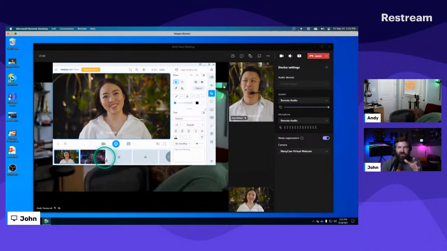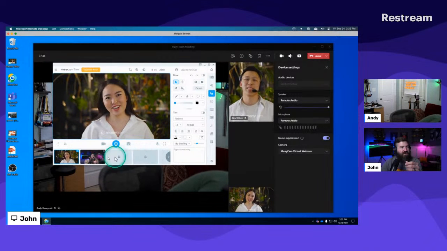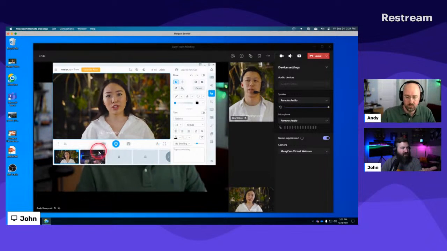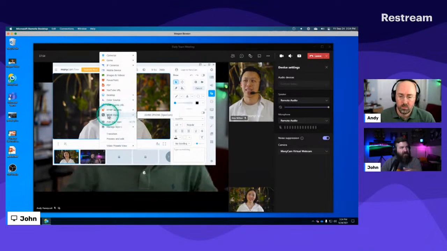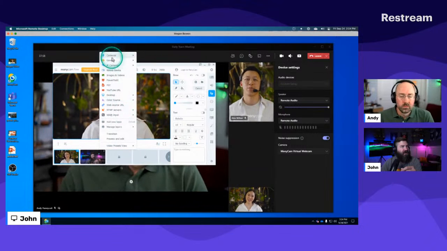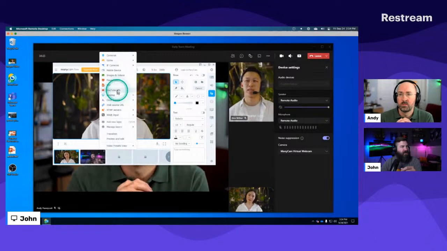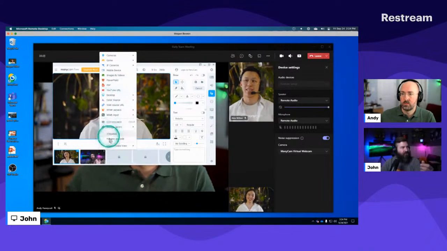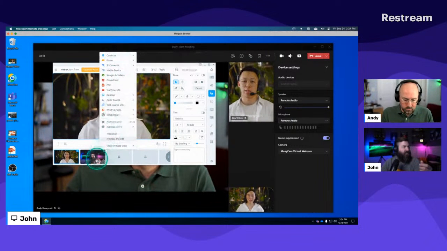It's a little bit more friendly than OBS for some people. And then you basically can just click through these different scenes, and what you see is what you get whenever you click on it. So that's one reason I like ManyCam: it's easy to get started with. It's fairly cheap. It does work with NDI as well, which is pretty nice. And then there's all these other sources in here. So if I want to share a YouTube video in a Teams meeting, I could pump that through as a camera and just use ManyCam for that if I wanted to. So that is one option that we've got.